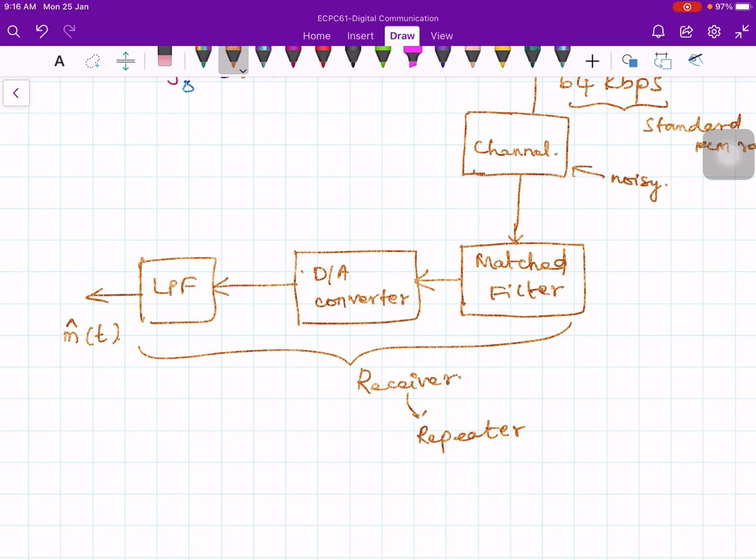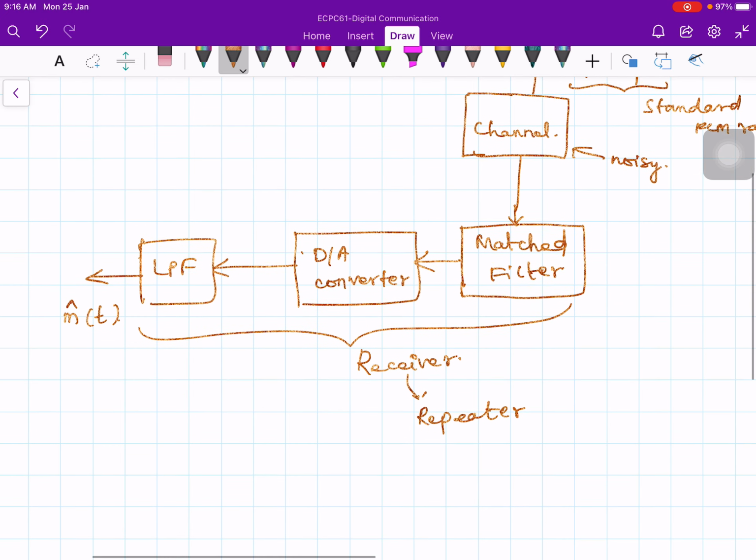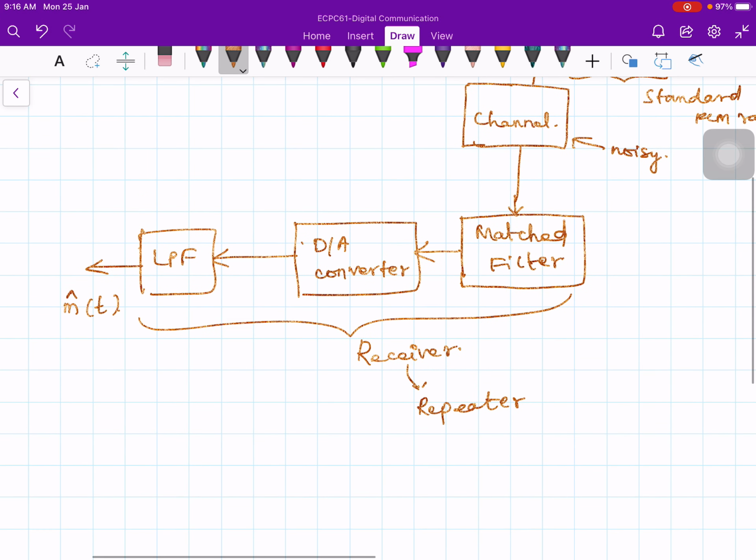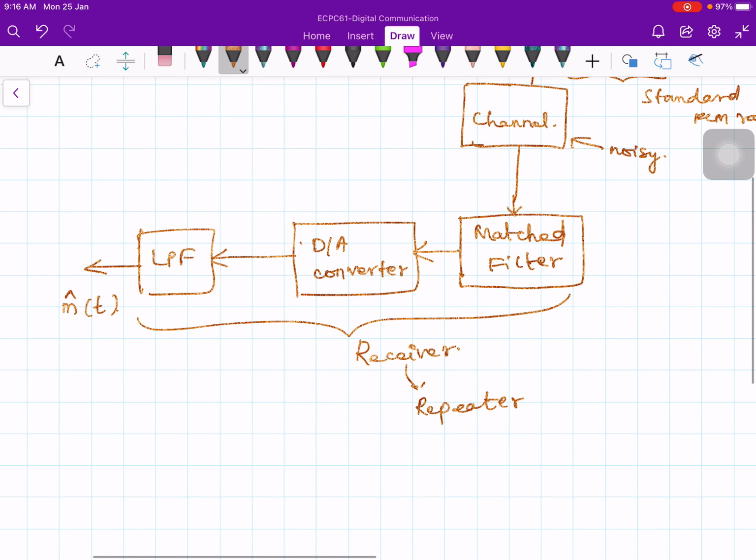We will talk about the need for a matched filter and its characteristics at a slightly later time in our course, not now. But broadly at this time, it is sufficient to appreciate that the main purpose is to be able to make correct decisions regarding whether in a particular bit interval a 1 or a 0 was transmitted, or 1 or 0 has been received. And this decision is a non-trivial decision to make, because